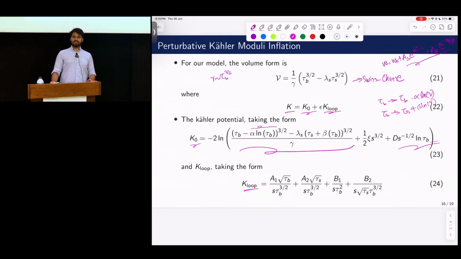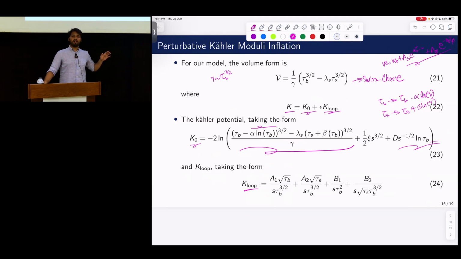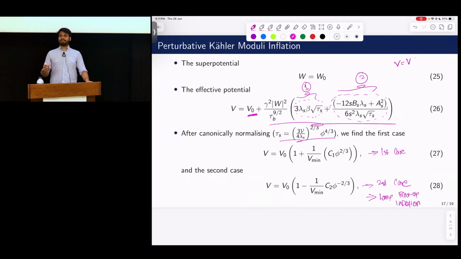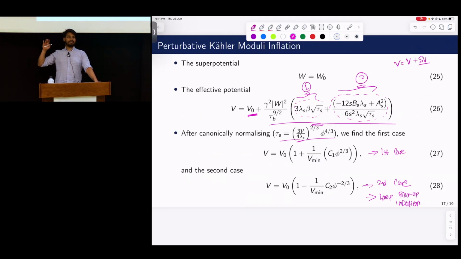These moduli, as I mentioned before, in any type of LVS or KKLT, those kinds of vacuum constructions, or when you're trying to do any kind of inflation or phenomenology, like even the Standard Model, let's say, if you're trying to get the Standard Model from a type IIB string theory, or if you're trying to get inflation from a type IIB string theory, you're always going to get something. You're not going to get your desired potential. You need a separate uplifting term. Okay, your V effectively requires some delta V term